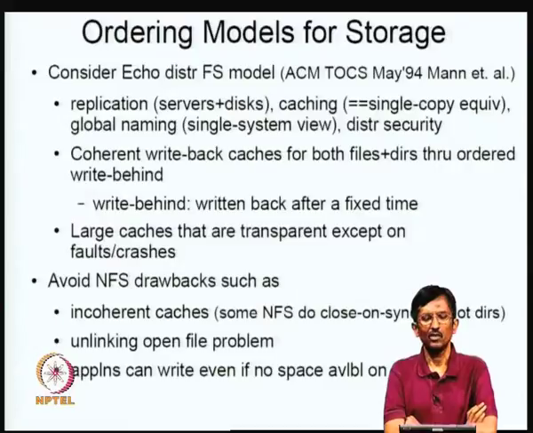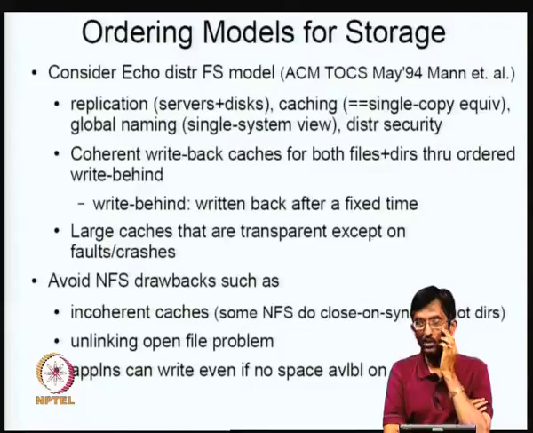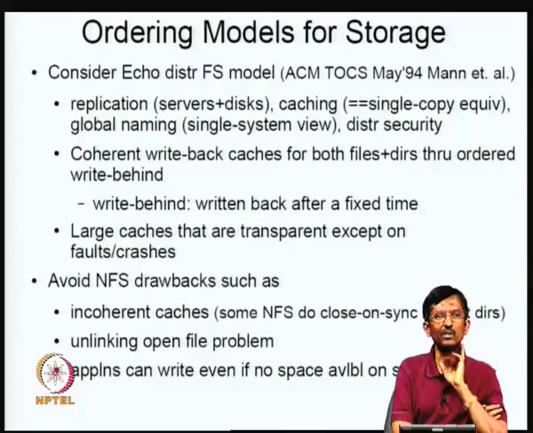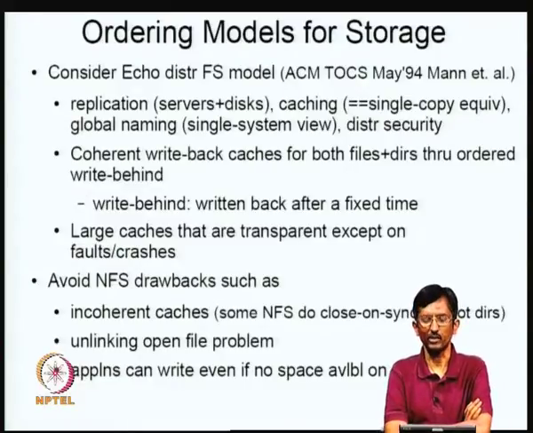Now, what is the issue with write behind? If it is not ordered, then something which got dirtied much later can get flushed to disk, and then you can suffer a crash, and then the previous write which never made it to disk may not be there. In some sense, there is an inconsistent version of the file in the system. So if I can do the ordering of write behind, then I can do something reasonable. That is one thing which this particular Echo file system attempts to do.